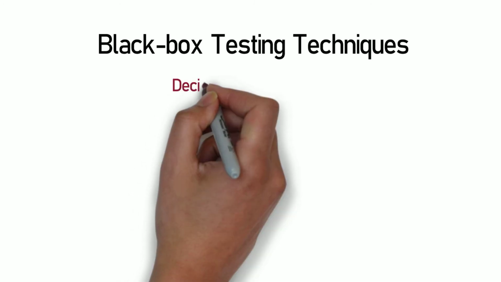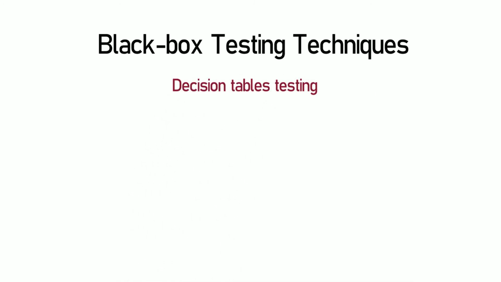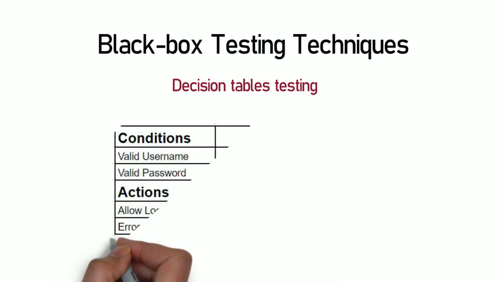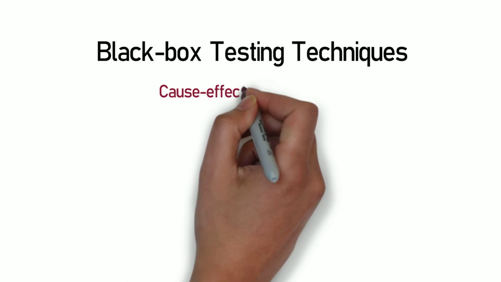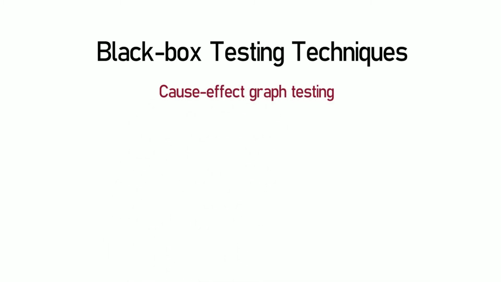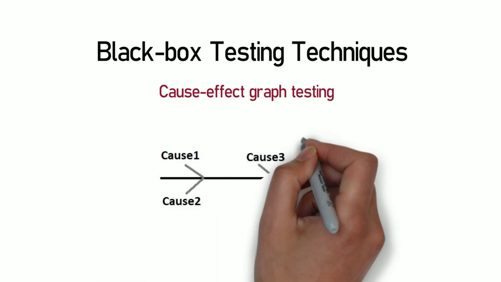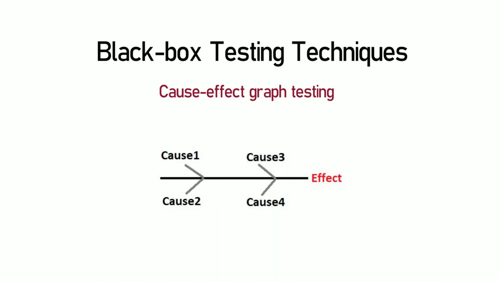Moving on to the next technique, decision tables. Decision table testing is used to test the application's behavior based on a different combination of input values. So in this technique, a decision table is created that has different set of input combinations and their corresponding expected outcomes on each row. Moving on to cause-effect graph now. A cause-effect graph testing is carried out using a graphical representation of input, that is the cause, and output, that is the effect. We can find the coverage of a cause-effect graph based on the percentage of combinations of input tested out of the total possible combinations.